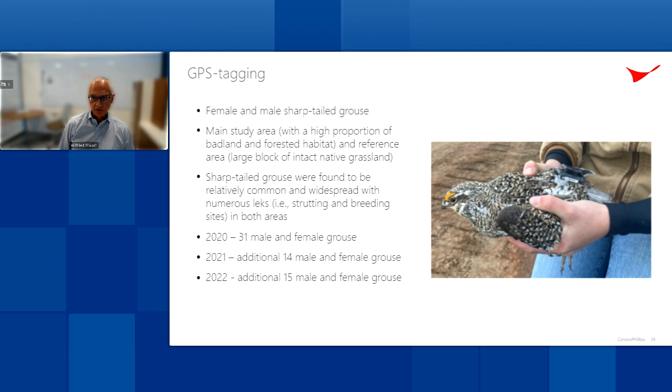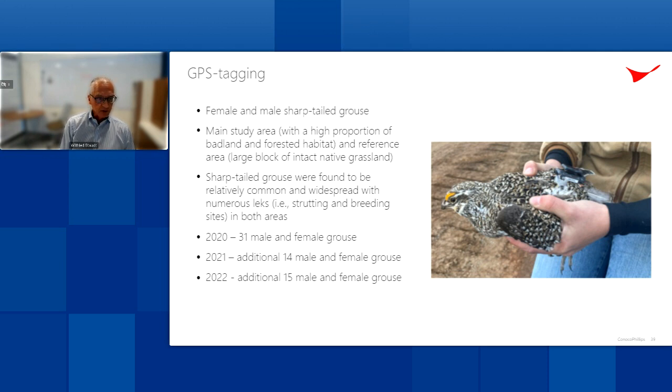Grouse were captured on the leks using walk-in funnel traps, and trapping locations varied year by year depending on landowner permissions to access as well as snow conditions. The traps were never left unattended when the doors were open. We used transmitters weighing somewhere between 12 and 16 grams, and they were attached to the birds using a ramp mount harness. Transmitter lifespan is about 3 years.